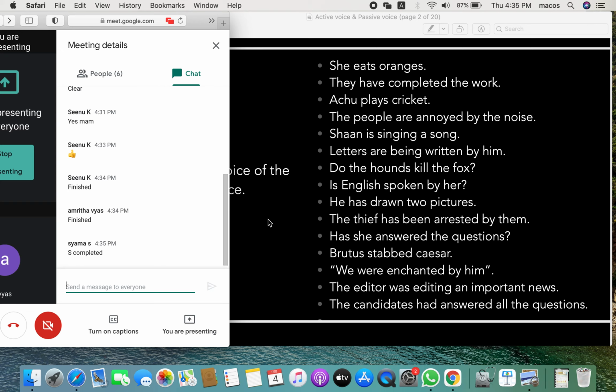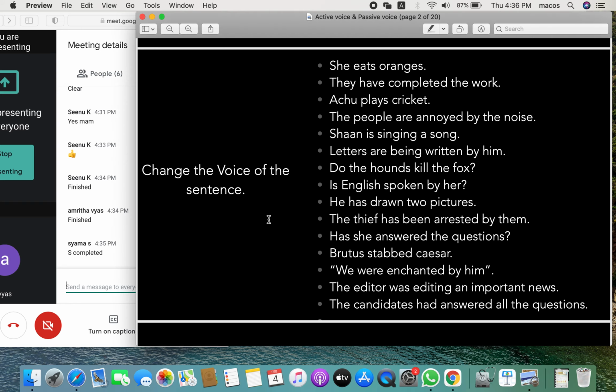Usually in English, the majority of sentences are in active voice. And you may have questions in PSC examinations where an active sentence will be given and you have to convert it into passive, or vice versa. So you have to study both ways, forward and backward. First of all, we will see the basics.